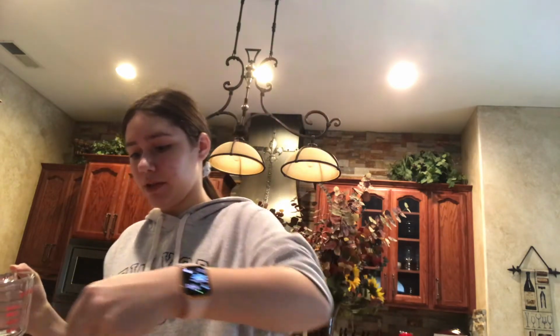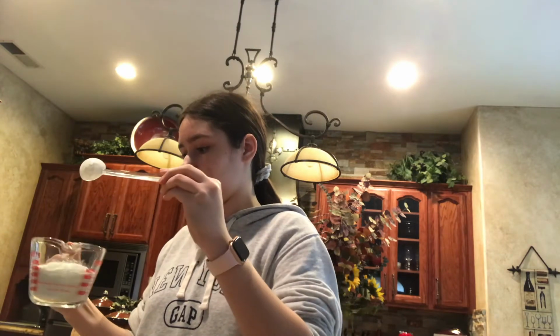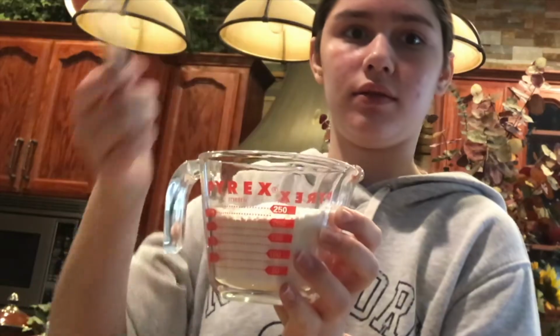First you're going to need 1 cup of all-purpose flour. And then 1/2 teaspoon of salt and 1/2 teaspoon of baking soda. Then mix. Put your dry mixture aside, and now for your wet mixture, you are going to need 1/3 cup